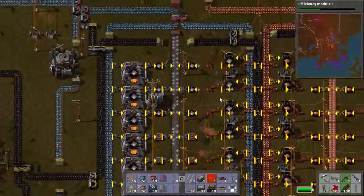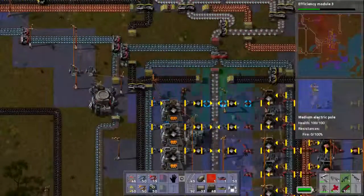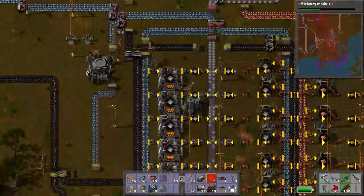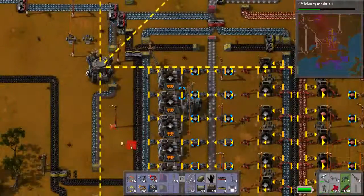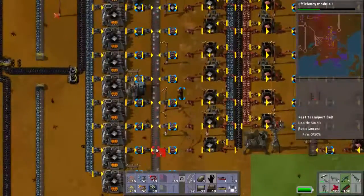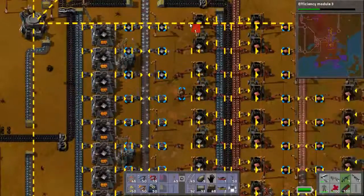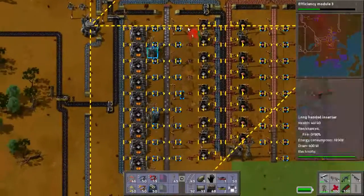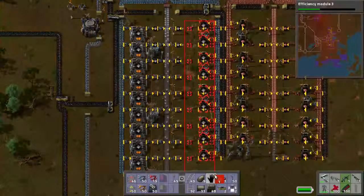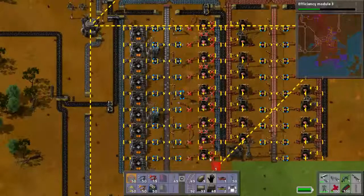I have disconnected power from over here, so let's fix that. And everything should be back in. We don't need this. I don't want it in my inventory, so get rid of this. That doesn't need to be there. And we're just going to do the same thing over here. So zoom out so I can see it all. Deconstruct all of this. That gets me none of those, so that's good. I was double checking to make sure those...